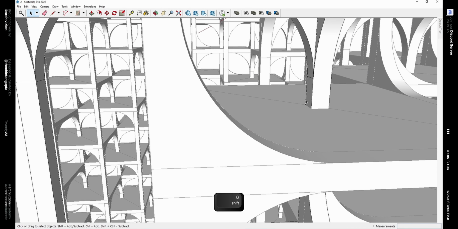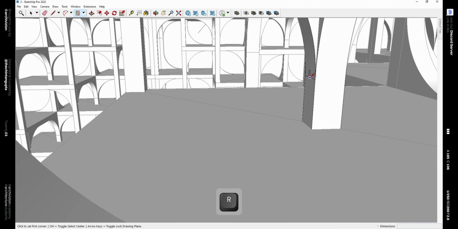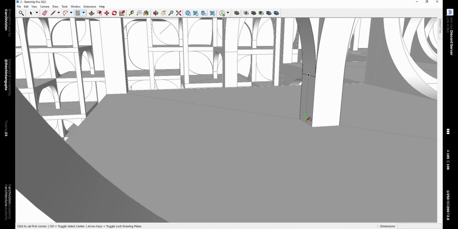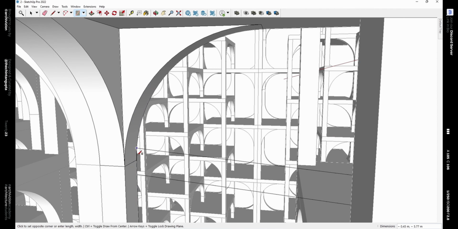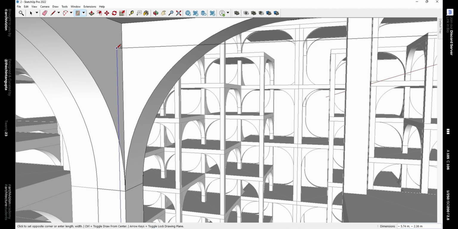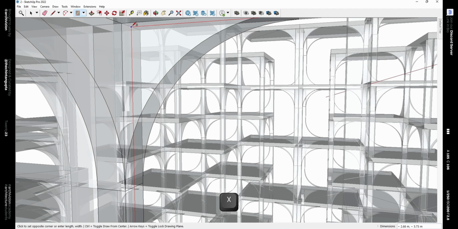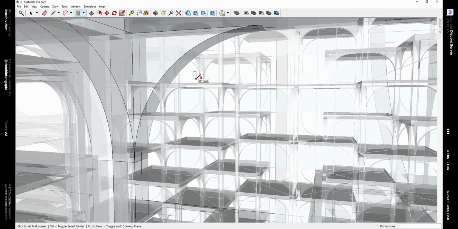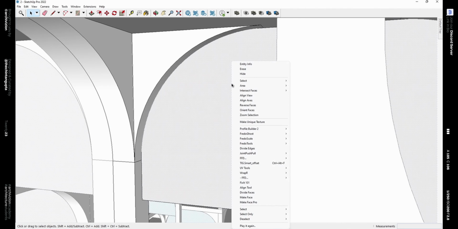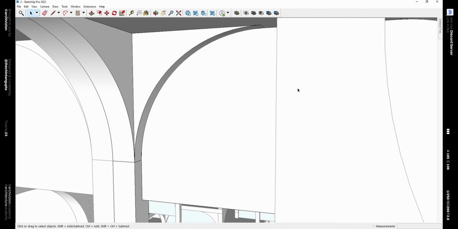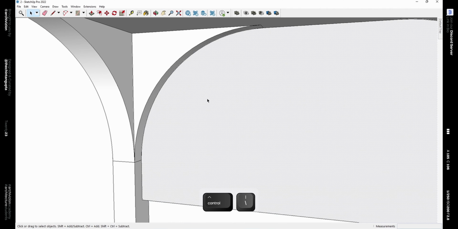Now moving ahead, we need to make the arches and the windows and the window frames. So inference this point from the midpoint of this column like this, and make a rectangle to the midpoint of the other column. And to see inside the geo, you can use the X-ray view, which I have bound to the key X. Now select this face and intersect it with the model. So right click and intersect faces with model. Now you can press Ctrl+/ to hide the rest of the model.